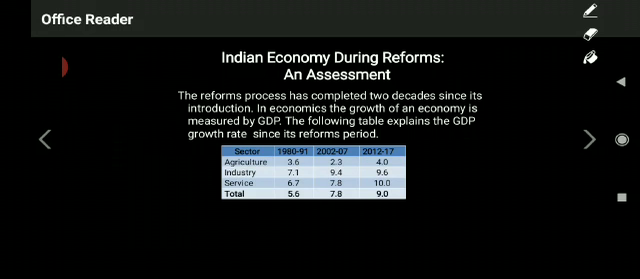Coming to the industrial sector. Industrial sector GDP growth rate was 7.1% in 1980 to 91. In pre-90s, before the introduction of economic reforms, industrial sector GDP growth rate was 7.1%. It has drastically increased in the 2002-7 period. You know why? In economic reforms in 1991, the Government of India has given greater priority, greater importance, for the